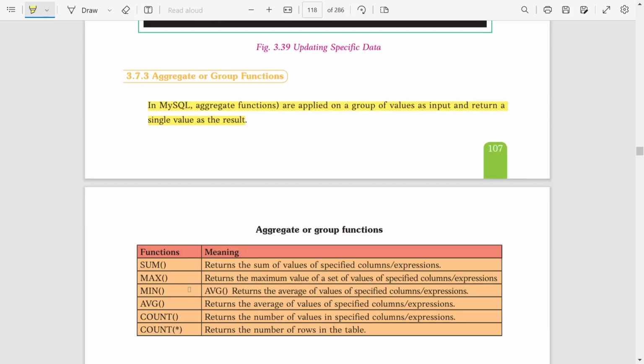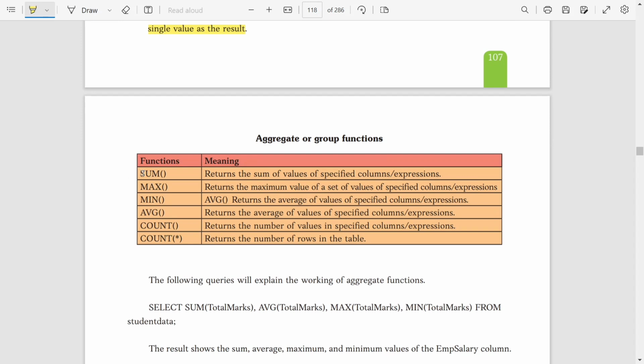Name some group functions: you will write sum, max, min, etc. Among them, these two are important: count and count star. Count counts the cells in a column that have values. Count star counts all the rows in the table. Like, suppose one row is empty or has null values; count star will count that particular row, but count alone will not count the rows with null values.